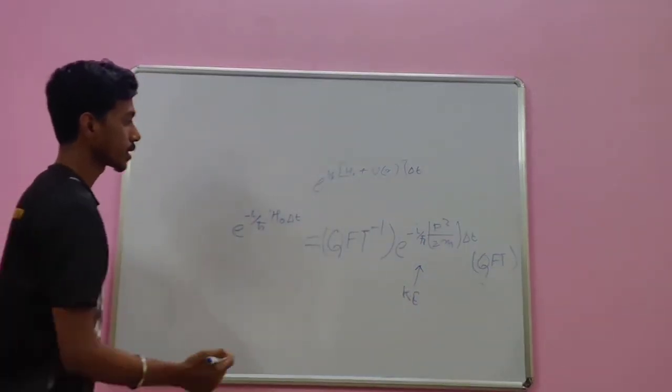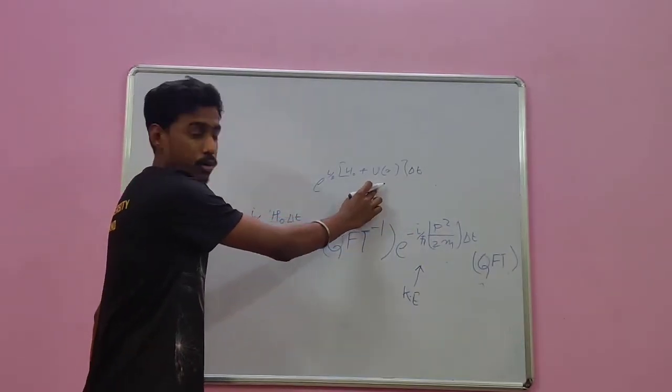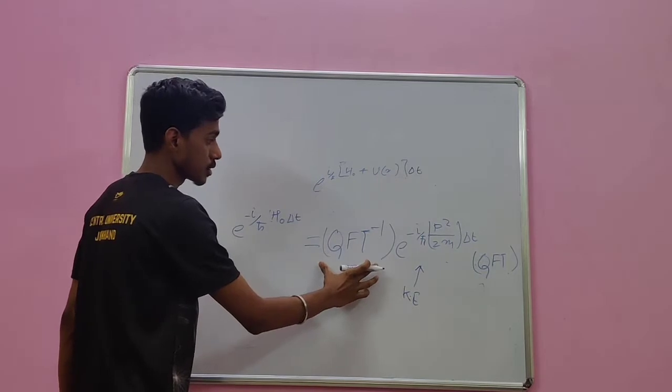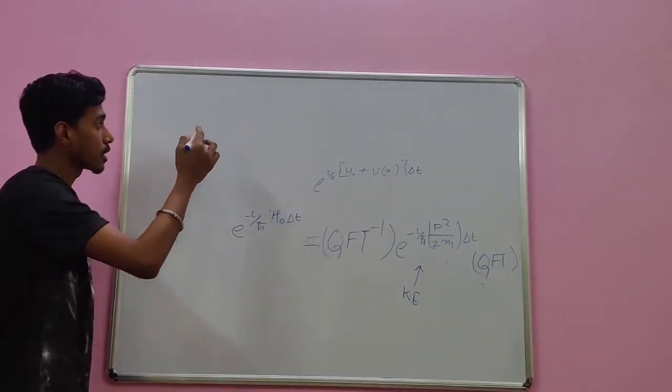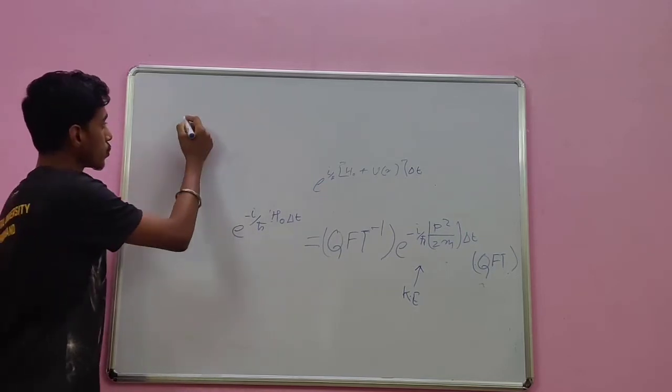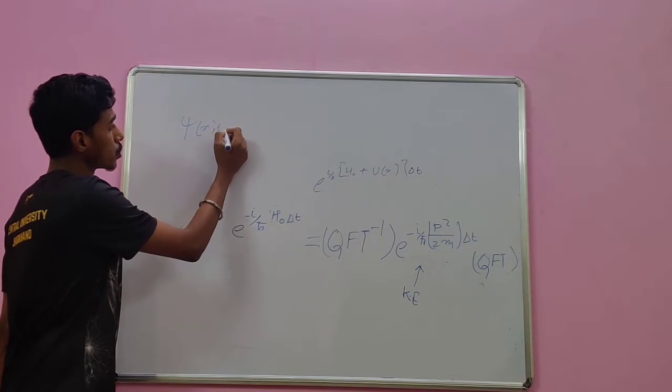So we get the kinetic energy term, and obviously the potential energy term, and we can use QFT inverse and QFT for simulation of our initial Schrodinger equation, which we write as psi of x, t plus delta